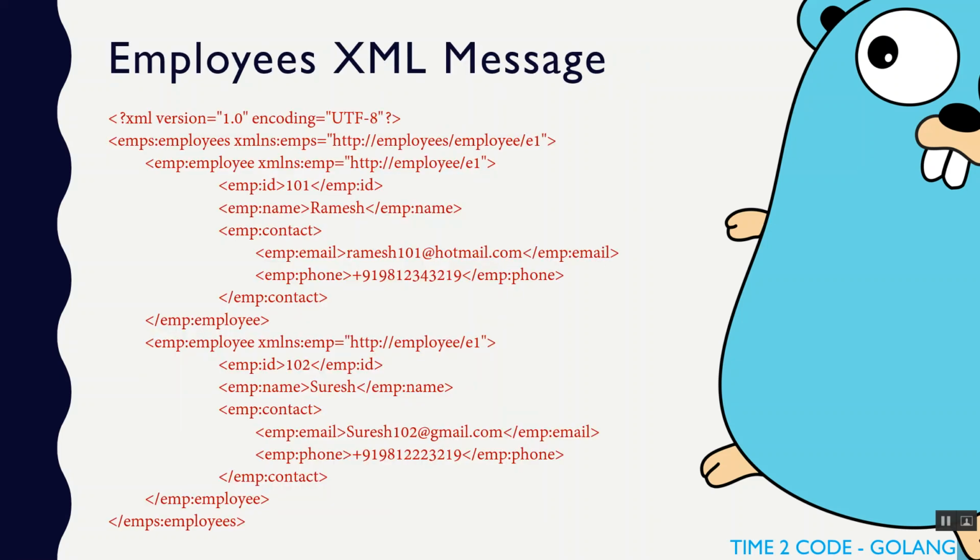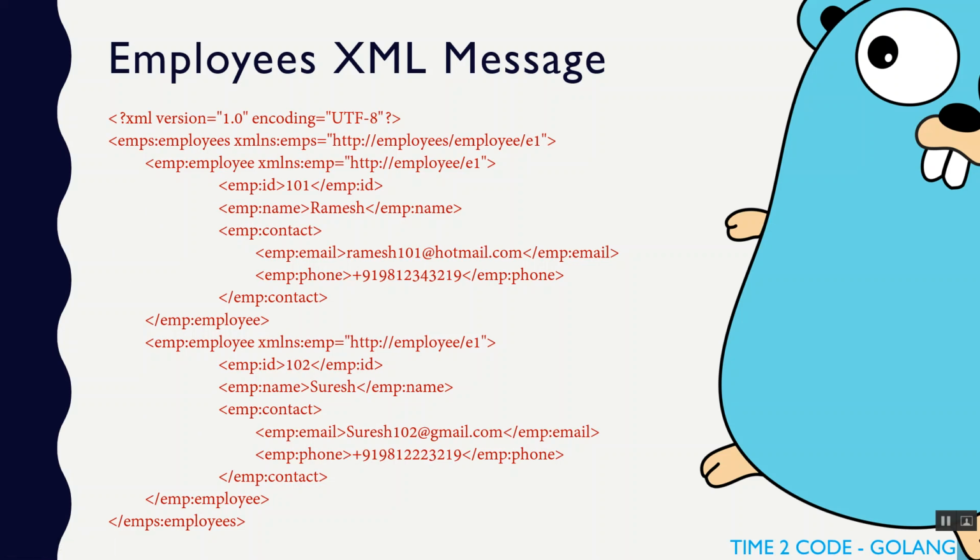This is the typical XML message. It has version and encoding, and then this XML message has the first tag, employees, which has EMPS as prefix namespace, which has been declared here, right? Employees, which is a complex type, has employee, so you can see two employees here,